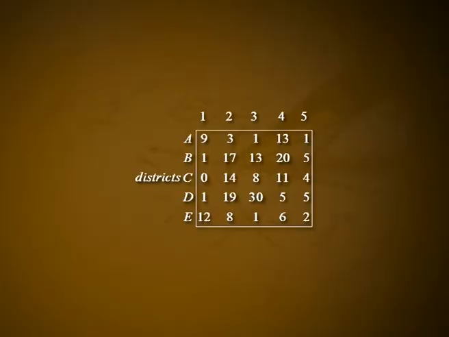Problem 4. A marketing manager has 5 salesmen and 5 sales districts. Considering the capabilities of the salesmen and the nature of districts, the marketing manager estimates that sales per month in 1000 rupees for each salesman in each district would be as follows. Find the assignment of salesmen to districts that will result in maximum sales.